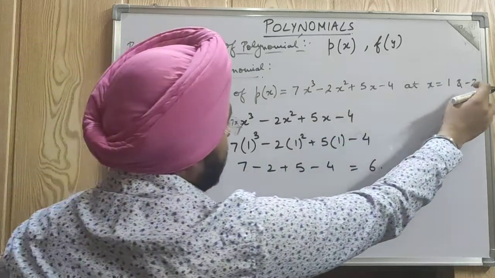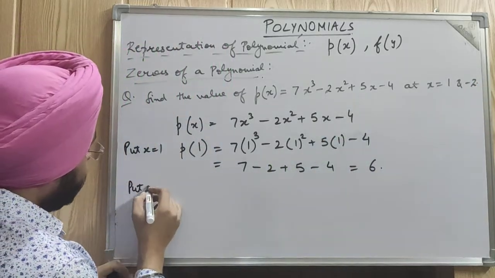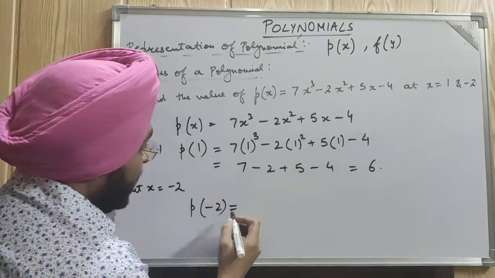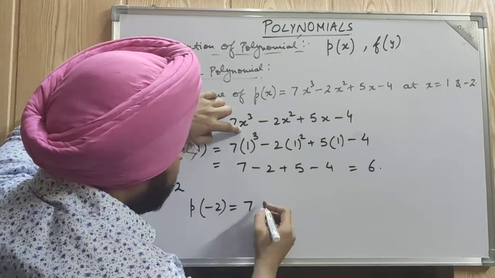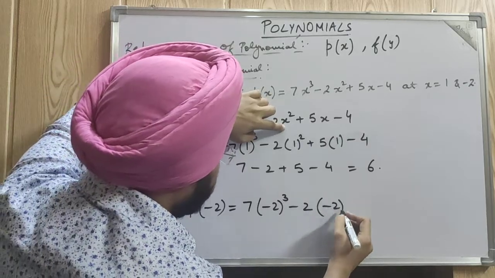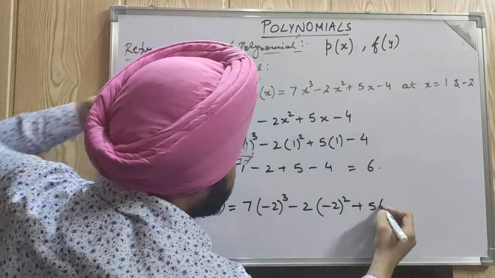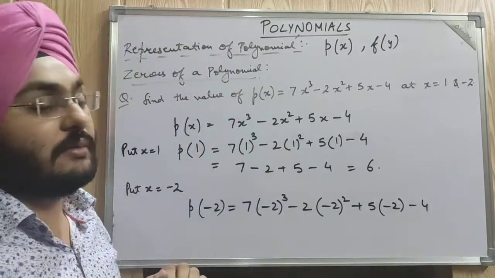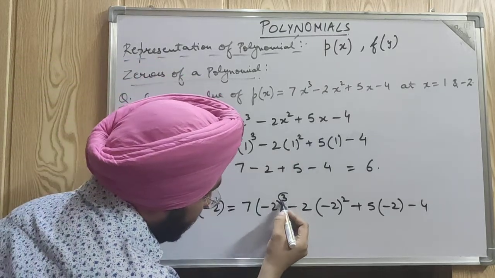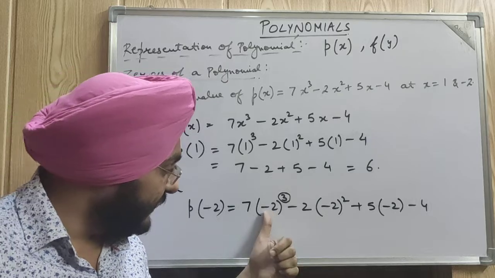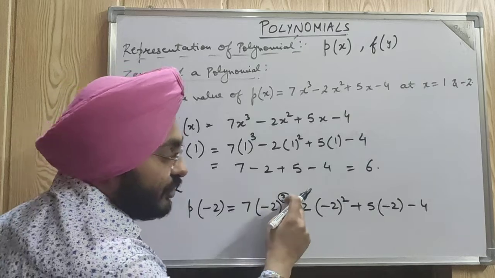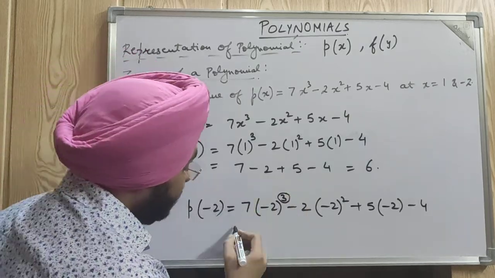He is also saying find for minus 2. Then we will be putting x as minus 2 now. So in p(x), instead of x I will be writing minus 2. Substituting: 7 into minus 2 cube, minus 2 into minus 2 square, plus 5 into minus 2, and this minus 4. Now minus 2 cube will be, keep in mind, this one is negative and here we have an odd power. When a negative number has an odd power, the answer will be negative only. So minus 2 cube will be minus 8, and minus 8 into 7 will be